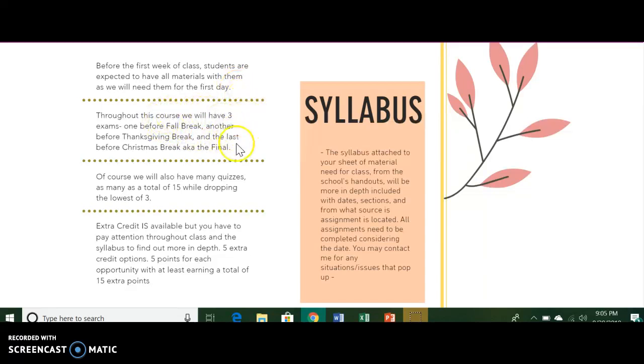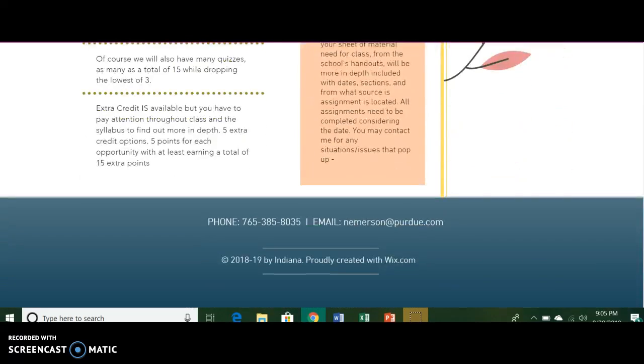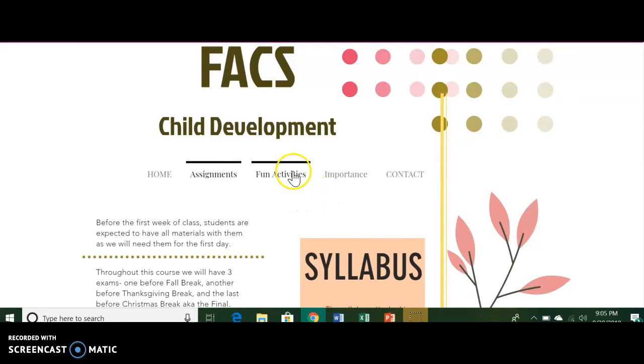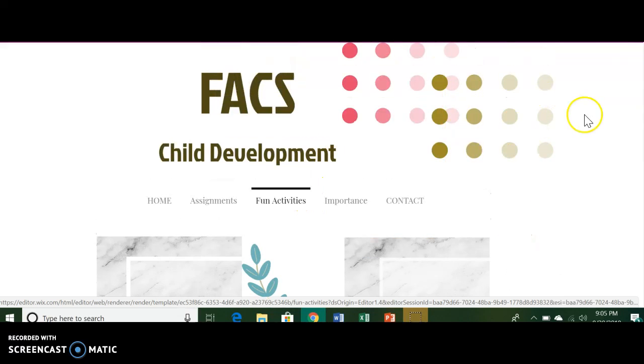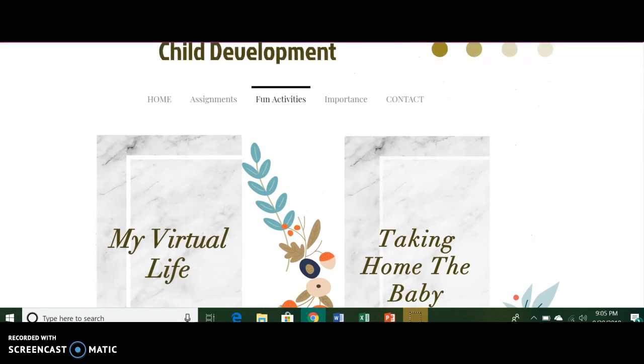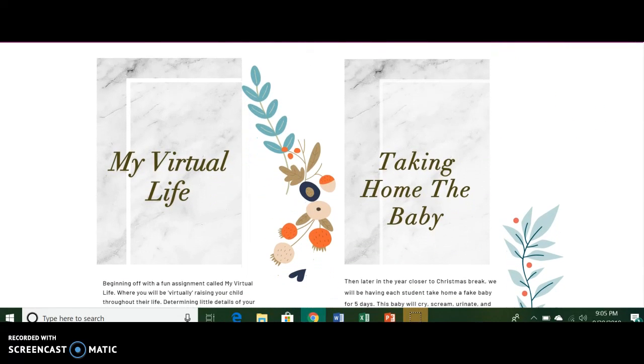Just a layout of the exams here, how many quizzes we'll have, and the dropping of 3, so they know that beforehand, and the extra credit here. So this is basically just a summary of what is in the syllabus, but just some highlighted points that they will need to know. And then my third page, just the main fun activities throughout, which is my virtual life,